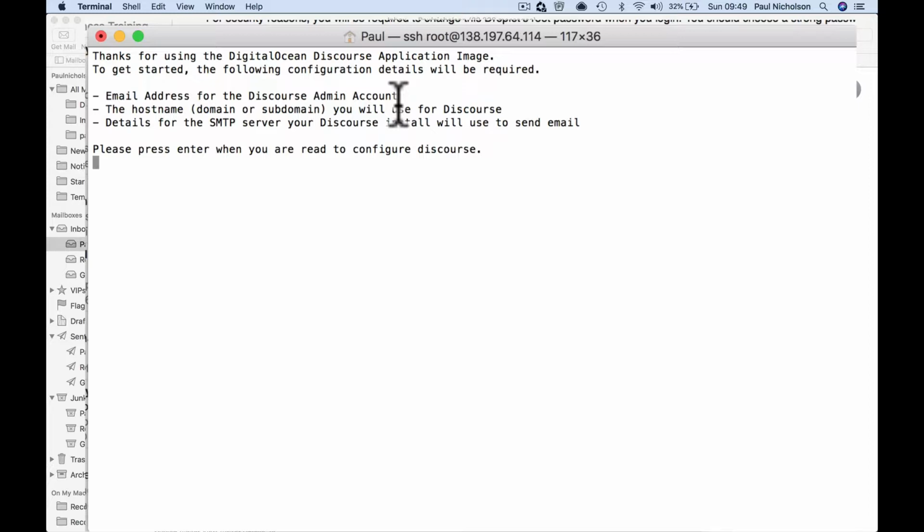So that's what we're going to do, happy-me.com, or you're going to do forum.yourdomain.com, whatever you're going to use, and details for the SMTP server your Discourse install will use. That's the GSuite information, right? So I'm going to say, yes, I'm happy. Enter the email address that you're going to use,